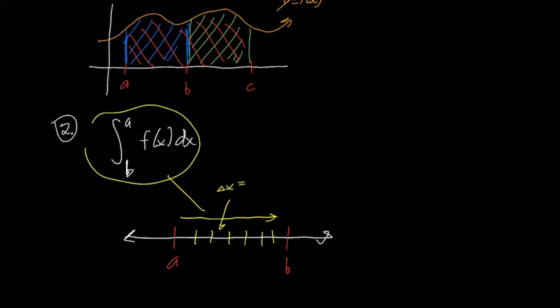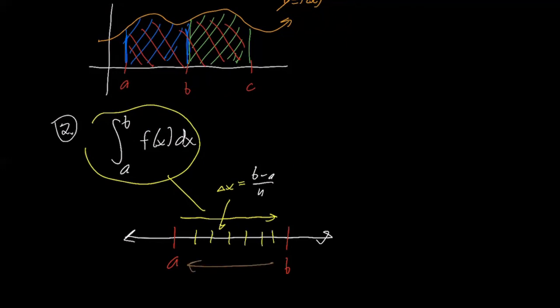Oh, oops. The whole point was to talk about the integral the other way. Sorry, let me just talk about a general integral, a to b. Sorry, I don't know what I was doing there. So delta x is b minus a over n. But what if we wanted to go the other way? So what if we wanted to integrate from b to a? So what if we wanted to go this way,